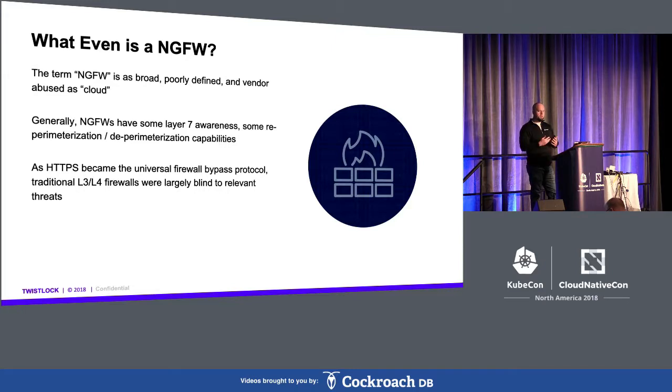Layer 7 or next-gen firewalls typically also had some kind of deperimeterization or reperimeterization technologies. Basically the notion of being able to put a device somewhere within your data center and route traffic through that device to zone off segments of that data center from each other, to create some kind of least privileged networking model, or I don't want to say least privileged, but at least a segmented model. The notion that's most obvious, of course, is a DMZ,